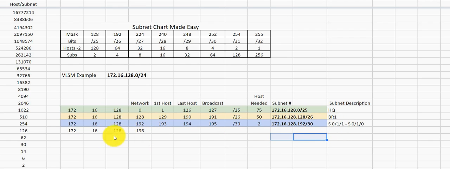So now we have 172.16.128 all the way up to 256. And we still have 255 here, 254, and 197. And that gives us this remaining IP range there. And we can still assign those out if we need those. We can see what our available range is from 197 to 254. So we still have those hosts available. So that's how you do a variable length subnet mask in the 4th octet.